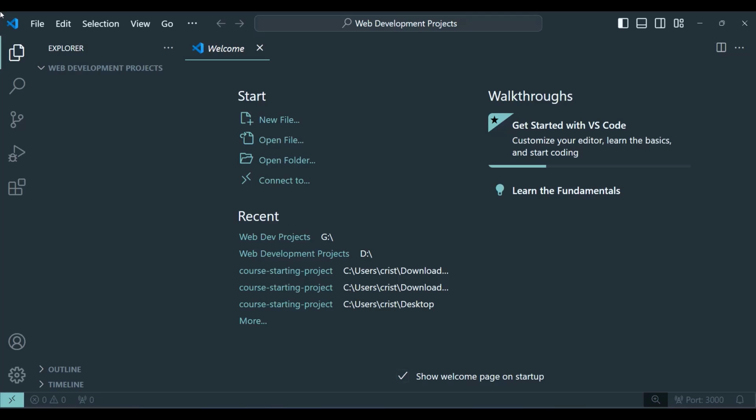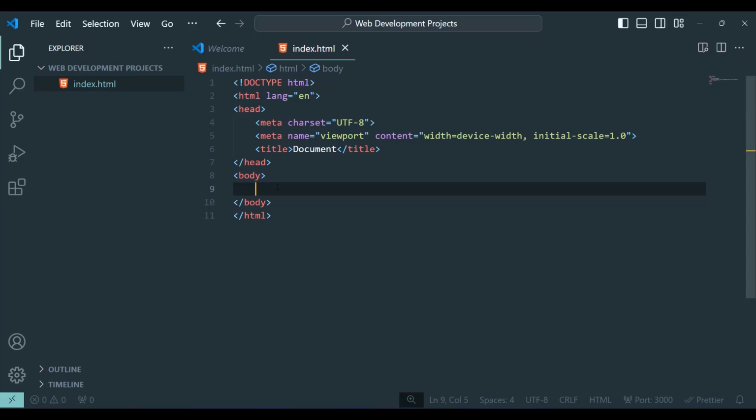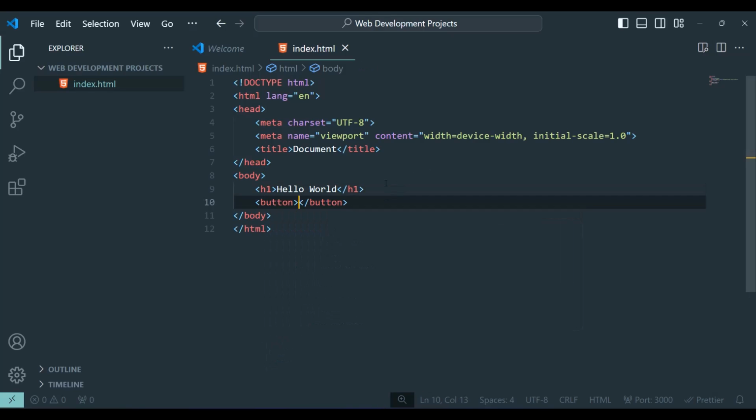Welcome back. Now it's time to see the 3 different ways of adding style to HTML documents that we talked about in a previous video. And for that I'm going to create an index.html file. You can give it whatever name you want, but the standard is index. I'm going to create a boilerplate. I'm going to create an h1 with Emmet. It's going to say hello world. And I'm going to create a button. It's going to say sign in.